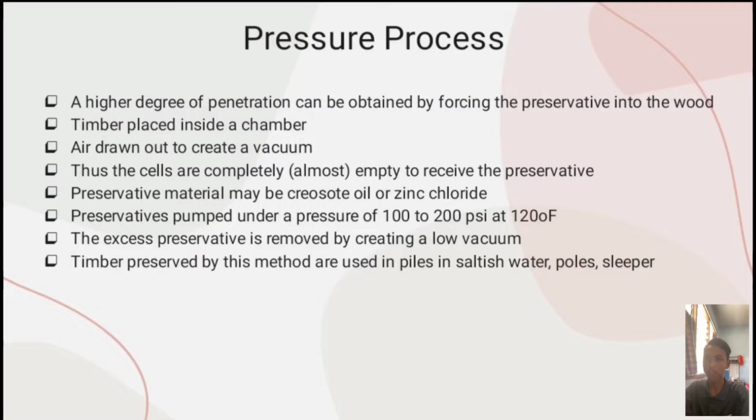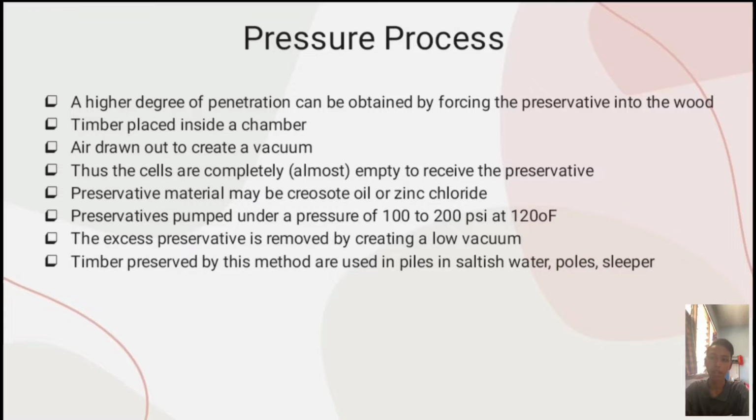Next, pressure process. Number one, a higher degree of penetration can be obtained by forcing the preservative into the wood. Second, timber is placed inside a chamber. Number three, air is drawn out to create a vacuum. Number four, thus the cells are almost completely empty to receive the preservative. And number five,